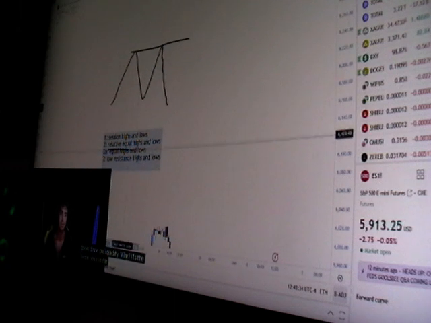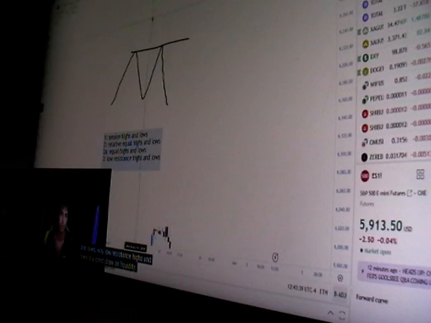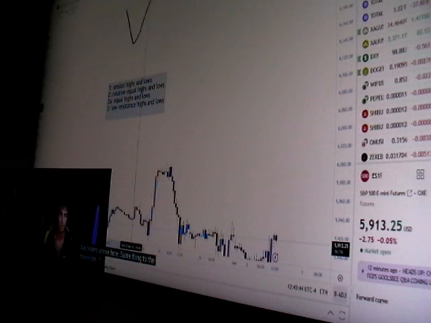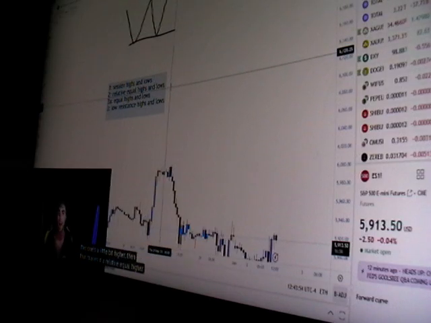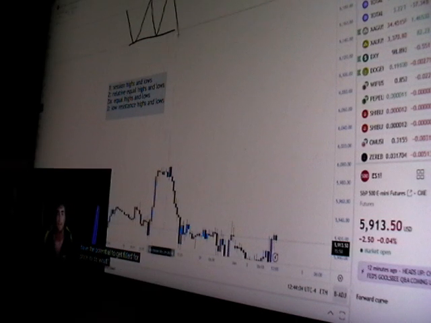Why? It's the same reason why relative equal highs and lows, and low resistance highs and lows, are a good draw on liquidity. Because there's just a massive amount of buy orders above here. Same thing to the downside. If we have equal lows right here, what is there? Again, as long as these are the same exact price, even if this one's a little bit higher, then that makes it a relative equal higher low. What is resting underneath these lows? A whole bunch of sell orders that have the potential to get filled for price to do what? Sweep it out, and then move price in the other direction.